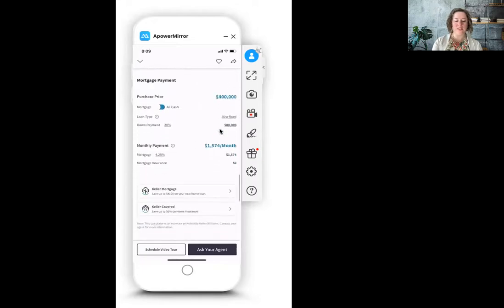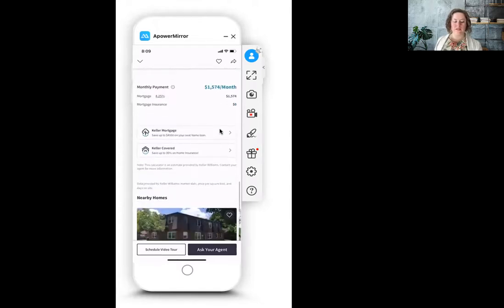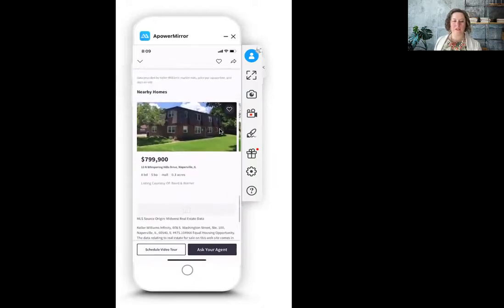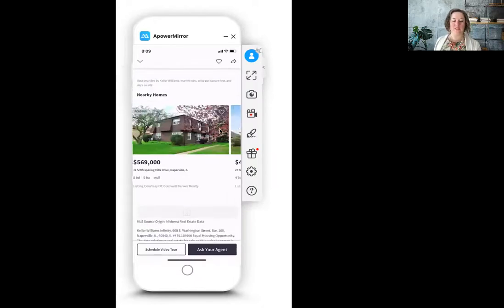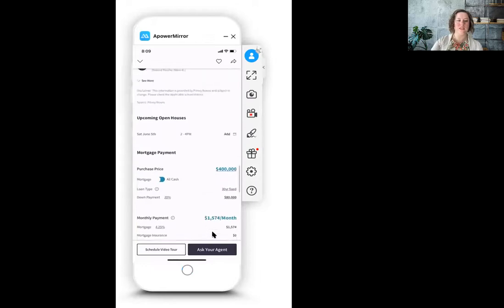Open houses, again, a little bit more about your mortgage. You can do a little estimate on here. And then at the bottom, other homes that are listed in that area. Below that, always at the bottom, through this whole time we were scrolling, you can see that never goes away,